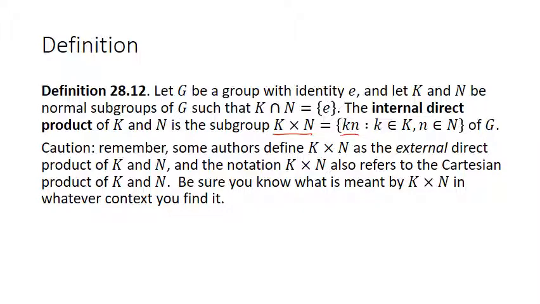So caution here is just to remember that, like I said earlier, some authors actually define this K times N as the external direct product of K and N, and the notation K times N also refers to the Cartesian product of K and N, like I said. So just be really clear that you know what an author means in the context, and I'm going to do my best to read this aloud as K times N and not K cross N, because there's no crossing going